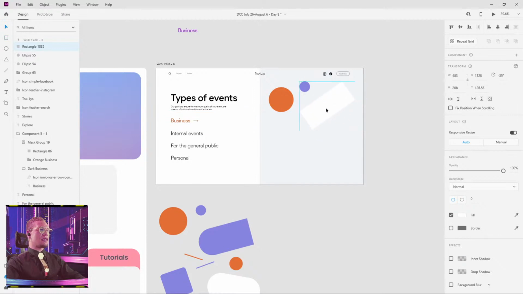I'm gonna rotate this here, and we're only gonna do half of it. Let me see. There we go. Make this a little bit thicker.